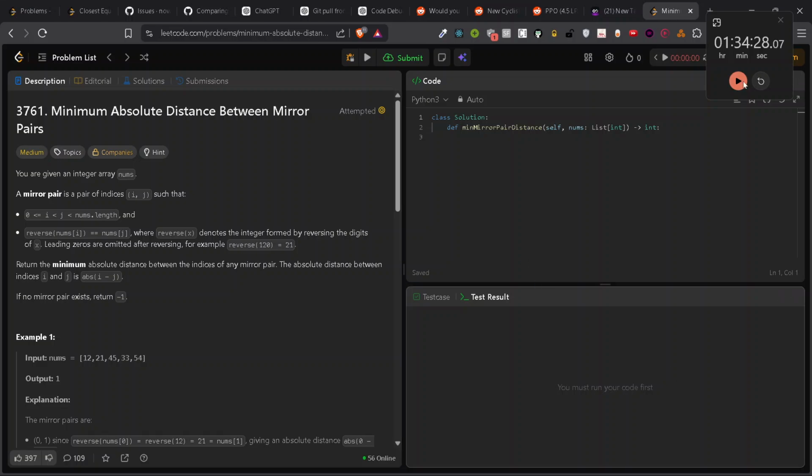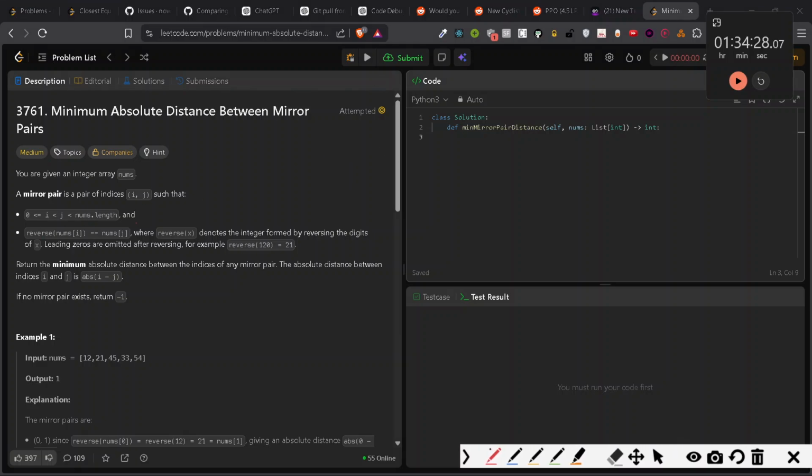Everyone, we're going to solve this question today. LeetCode number 3761, minimum absolute distance between mirror pairs. So they have given a definition for a mirror pair, which is a pair of indices i, j. If you notice, j must be greater than i,